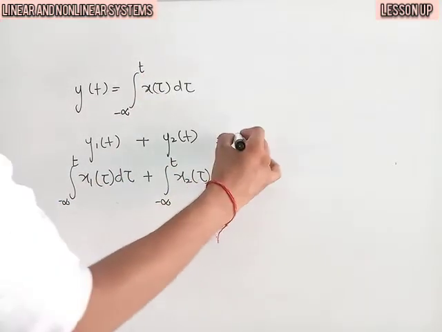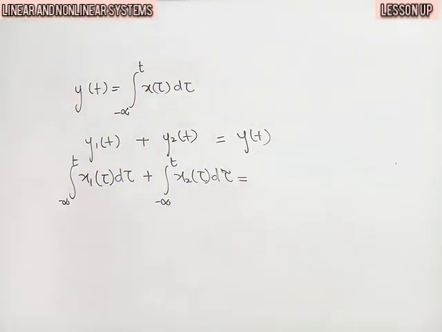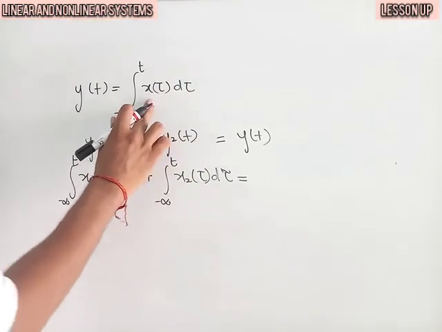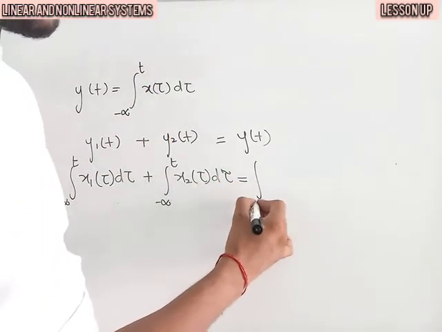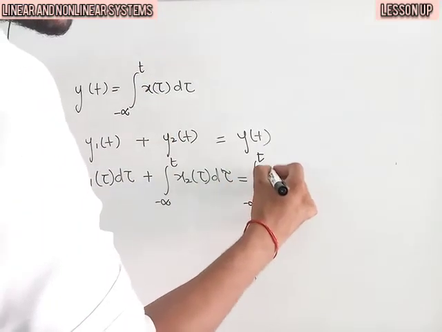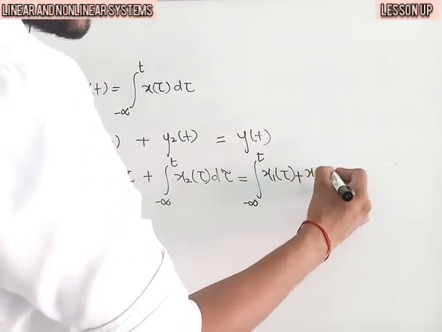This should be equal to y of t when both the inputs are given, that is x1 of t plus x2 of t. So, if we give input x1 of t plus x2 of t, we will get the integral from minus infinity to t of x1 of tau plus x2 of tau